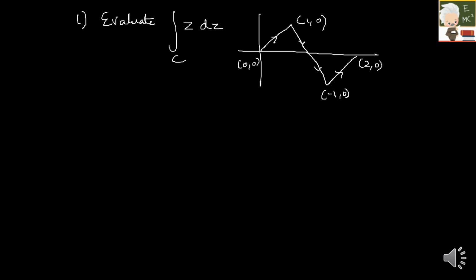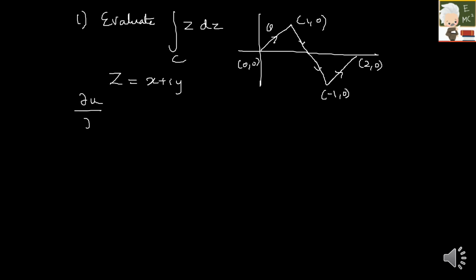Okay. So how we used to solve? We used to solve 1, 2, 3, 4 and add up all those values, right? But here what I'm saying is just check whether your function is analytic or not. So what is your function? Z. So how can you write Z? Z is equal to x plus iy. Just verify it in the Cauchy-Riemann condition.